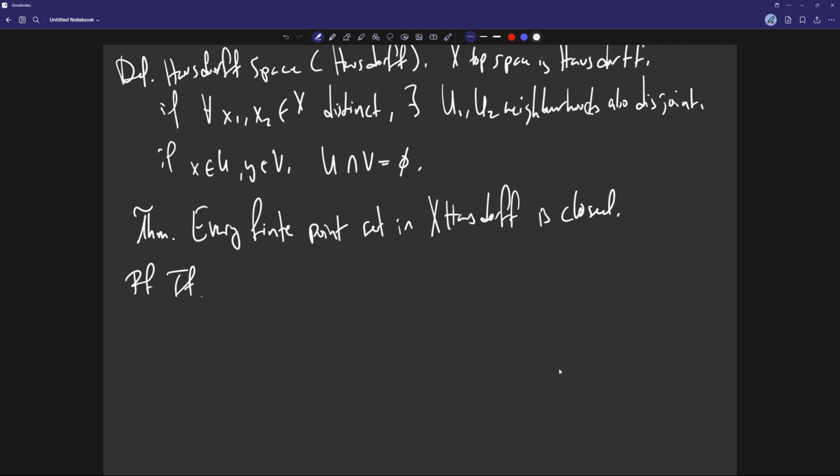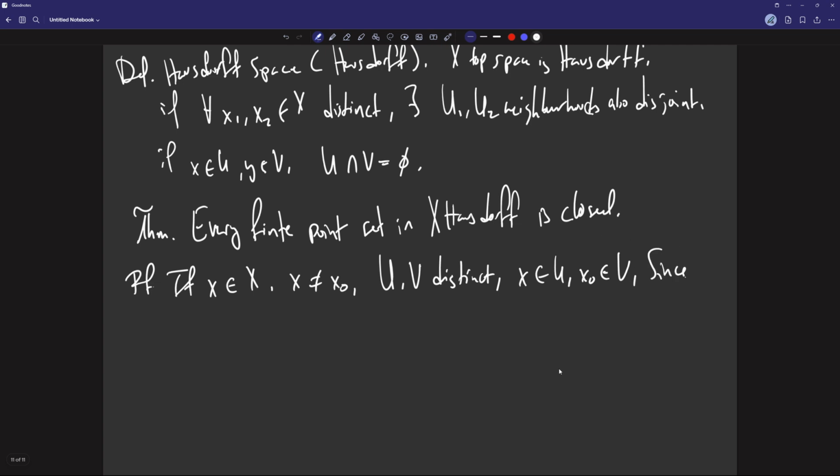So proof: if x is an element of X, and x not equal to x naught, and there exist U and V disjoint such that x is in U, x naught is in V. Since U does not intersect with x naught,